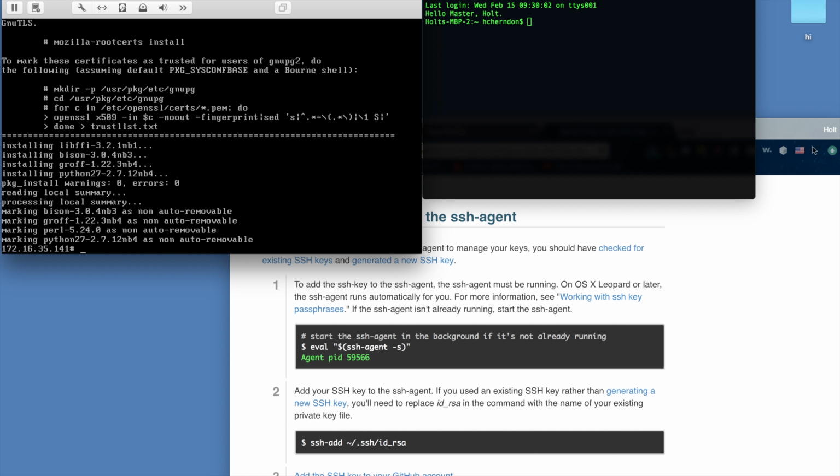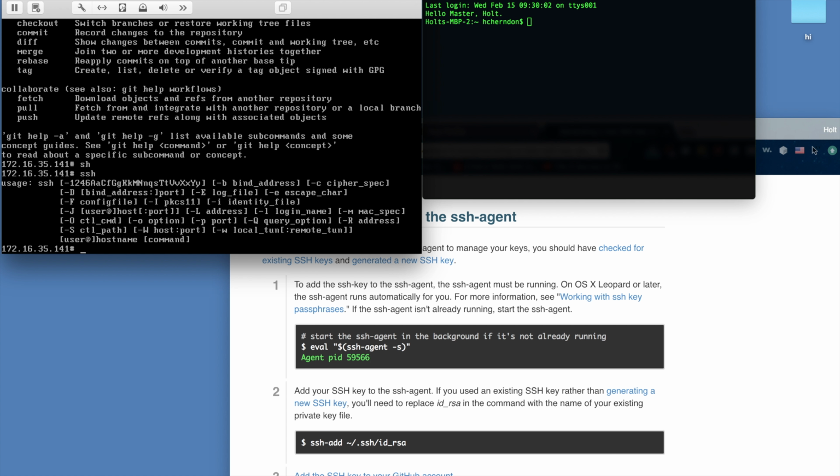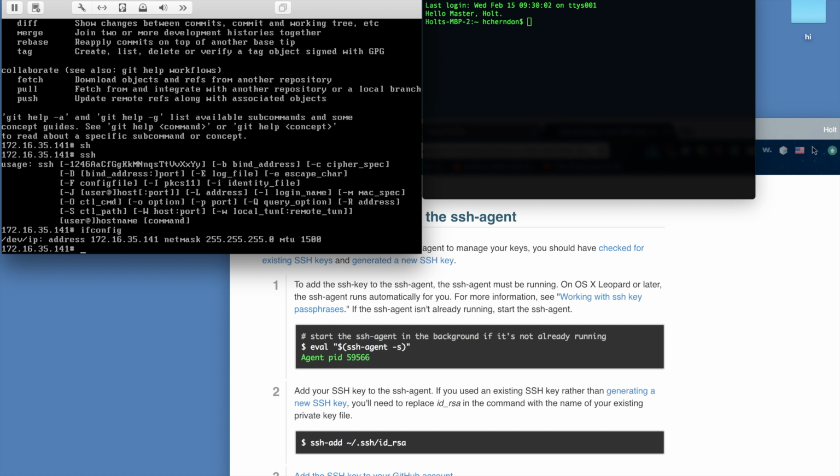All right, now that that's done, we should have some commands working. So we have Git and we have SSH. So now that we've done that, we need to be able to SSH into this desktop. So first we're going to get our IP. For most people, it's actually going to be sitting right there to the left of the text, the console enter there. But if you don't see that, you can run the command ifconfig, which is your interface config, and you'll see right there the IP